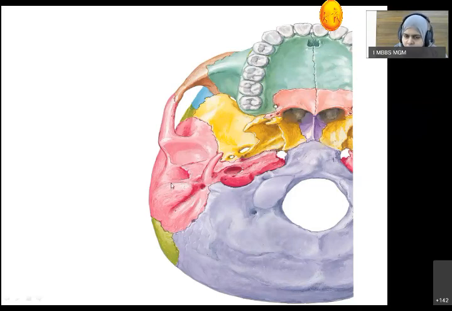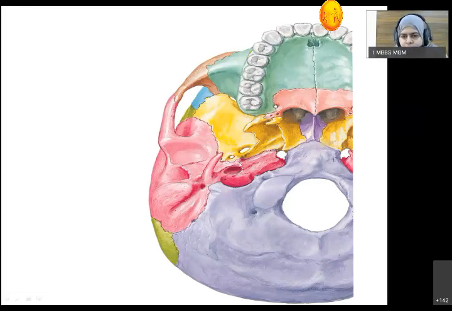Then this is the mastoid process, a bony projection. This is the mastoid notch, this depression. This is the styloid process. In between them, there is one foramen which is known as the stylomastoid foramen. One more thing here, at the junction of the greater wing of the sphenoid bone and the petrous part of the temporal bone, there is one depression which is known as the sulcus tubae. This area is for the lodgement of the cartilaginous part of the auditory tube. Okay. This is the petrous part. Apex is lacerated to form the foramen lacerum, and this is the carotid canal, the posterior end of the carotid canal.